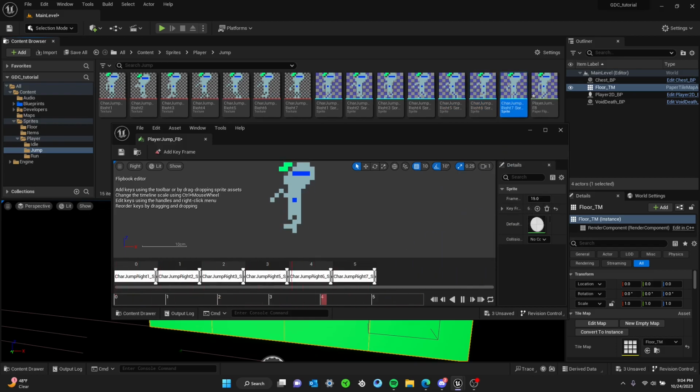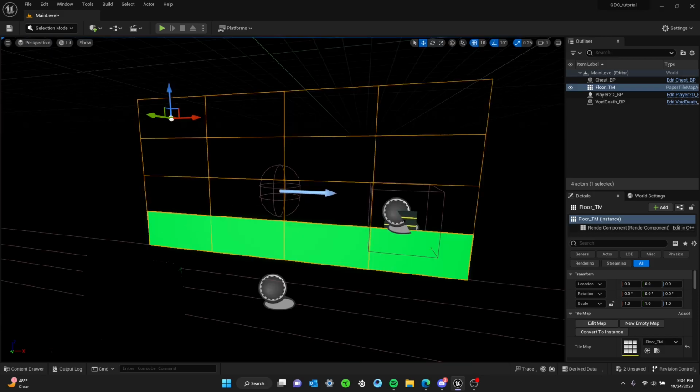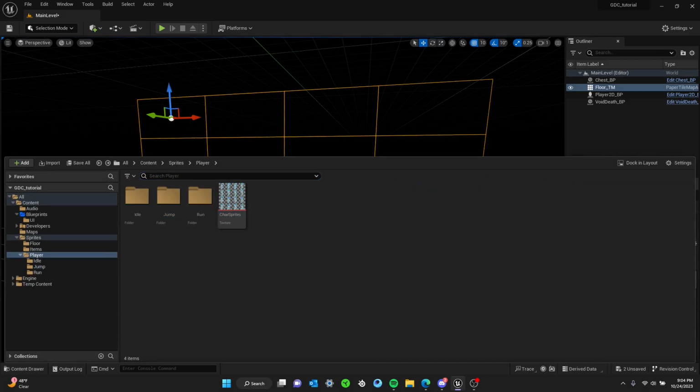1, 2, 3, 4, 5, 6. What am I missing? 1, 2, 3. Oh, I'm missing my 4th animation. So I'll just drag this guy over right here. 1, 2, 3, 4, 5, 6, 7. So now it's in the proper order. He's jumping a little fast, so I'll slow it down to around 7. And now that that's added in, we will just